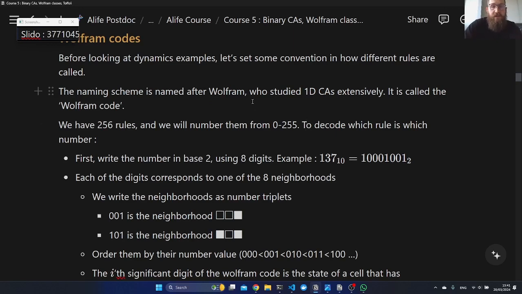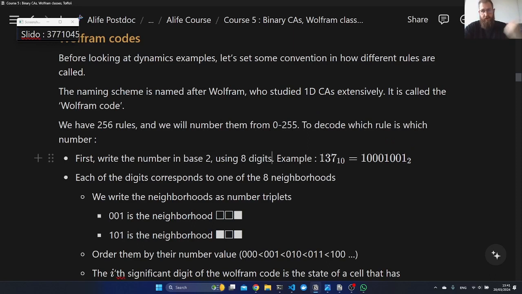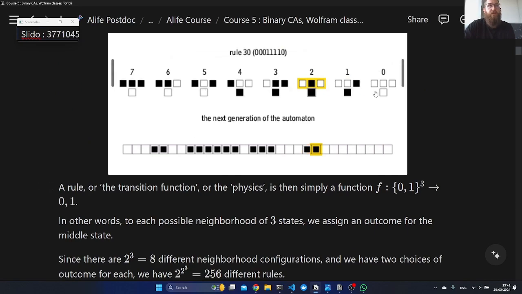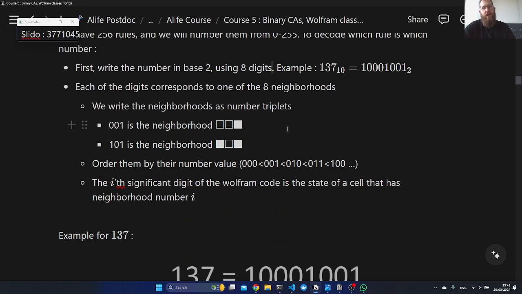The algorithm to do that is the following. We take our number and we write it in base 2 using 8 digits. For example, 137 in base 10 is this thing in base 2. Then what we know is that we have 8 different neighborhoods. So each of these digits corresponds to one neighborhood. And the way the correspondence is done is completely arbitrary, it's just that